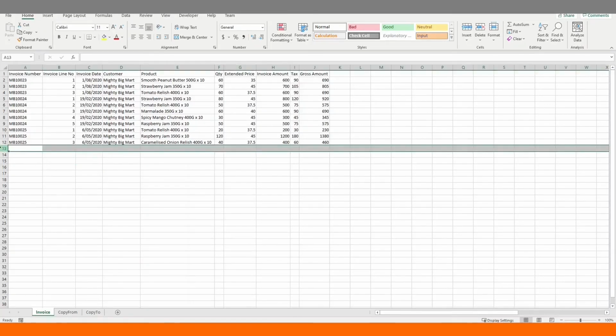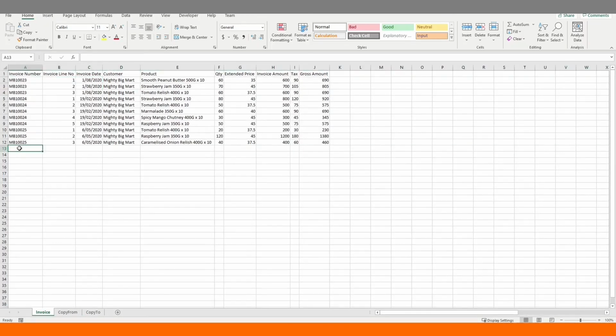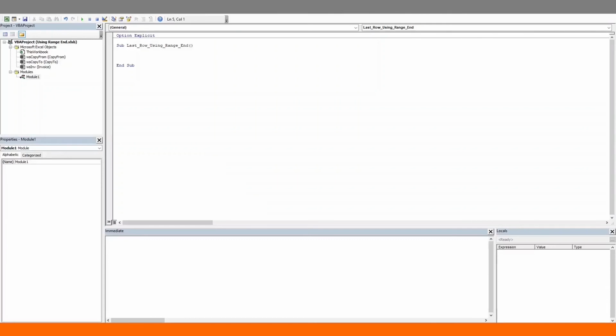Here, we'll identify the first unused row after our range of data and paste the new data here. And we're going to grab our new data from our copy from worksheet. So these are our 2 lines of data that we're going to copy over and paste at the bottom of our existing data range. First, we'll find the last row of our existing data range, same as what we have been doing so far, and move 1 row down.